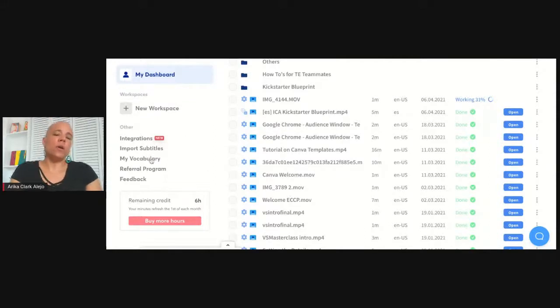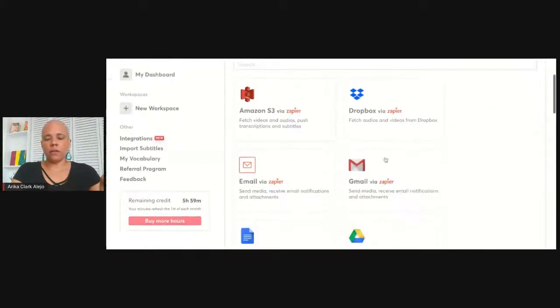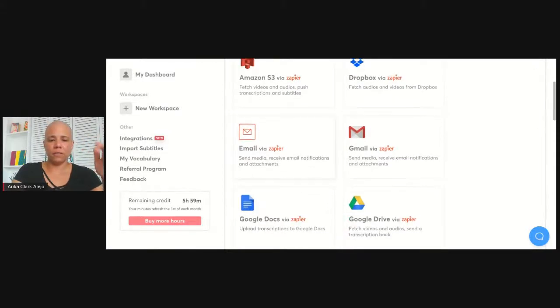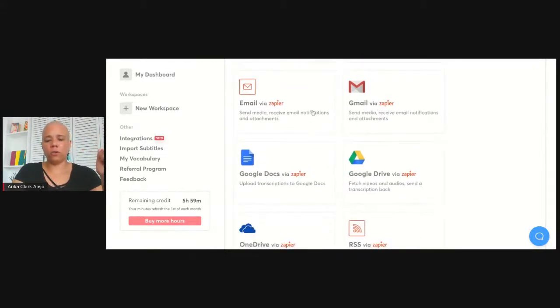All right, so Happy Scribe does allow you to integrate. As I talked about earlier, you can hook up your Dropbox or your Amazon S3 account, where you can post your videos and attach these. I actually don't integrate a lot of things with my Google Drive.